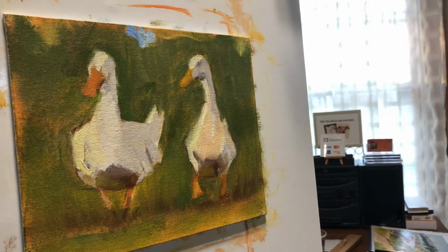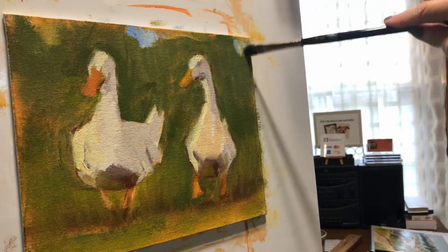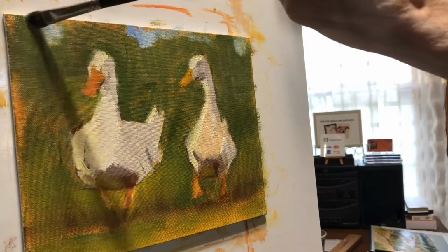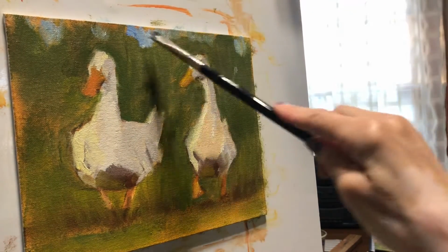Sorry, got paint on my... Come back, guys. Nope. There it is. I had a couple photos that were very similar. I could tell the difference by the foot position. We'll see what this looks like. I don't know. Suggest some sky and...